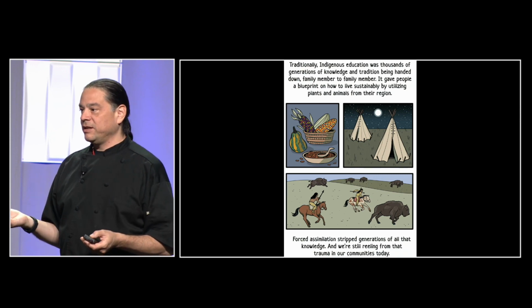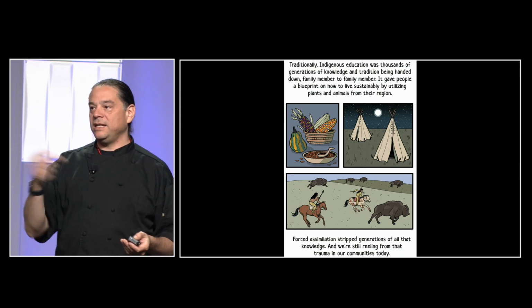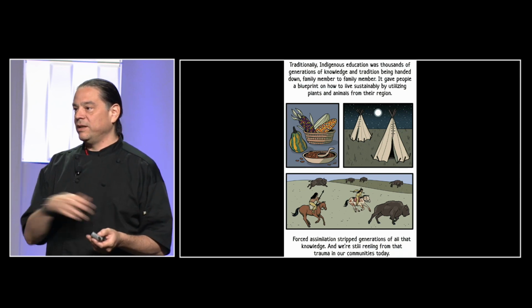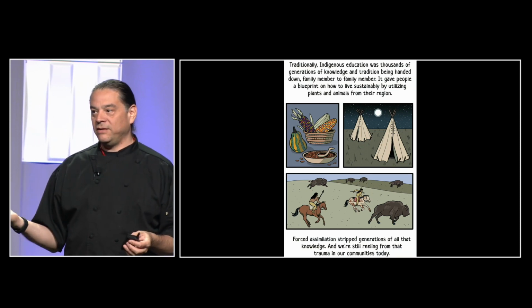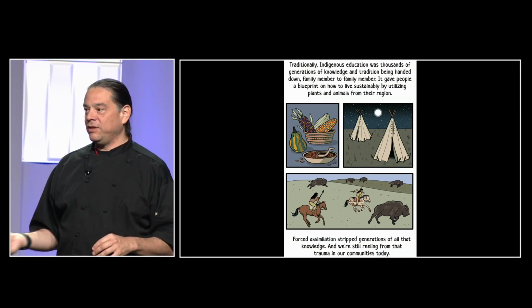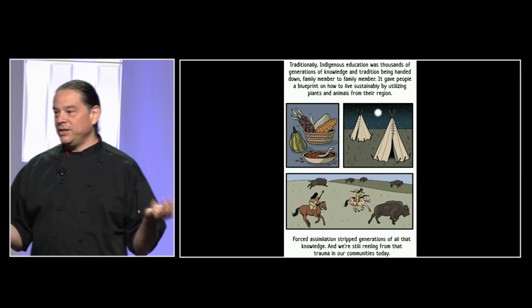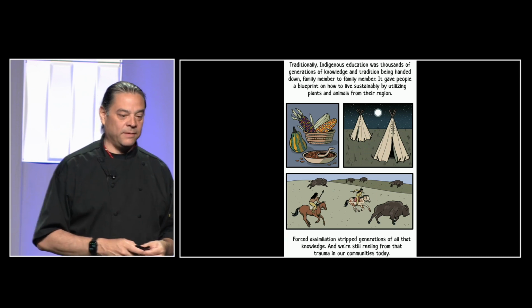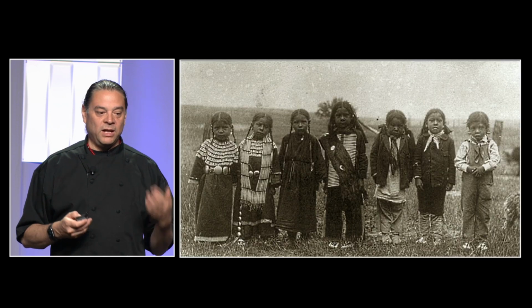And it was less than 100 years ago, really. Because I was born in 1974, and in 1874, my Lakota ancestors were still living as Lakota people, because they don't discover gold in the Black Hills until 1876. So it was less than a century from my birth that my Lakota ancestors still retained 100% retention of all of their Indigenous education. And so we can start to reclaim that today,